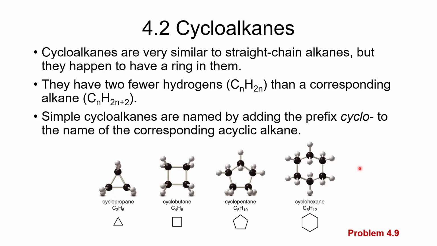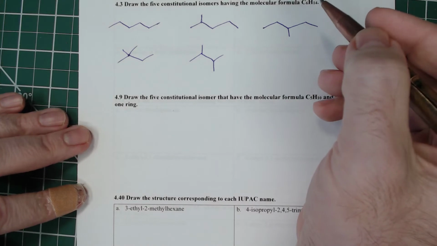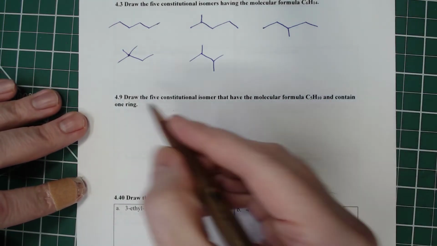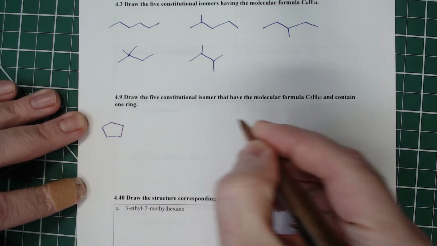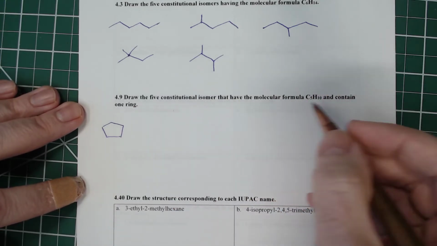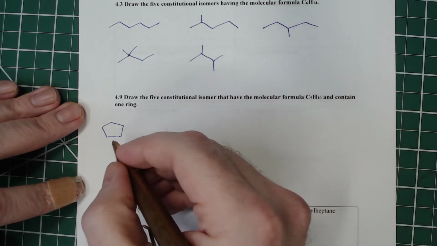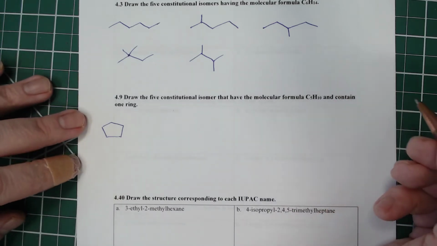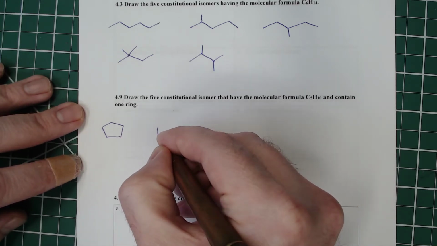Let's look at number 9. So we want to draw the 5 constitutional isomers that have a molecular formula of C5H10. All right, and have at least one ring. We have to have the one ring, otherwise we're going to have all kinds of double bonds and stuff that we can put in. So here we've got cyclopentane. All right, and since there's no other way to draw that,